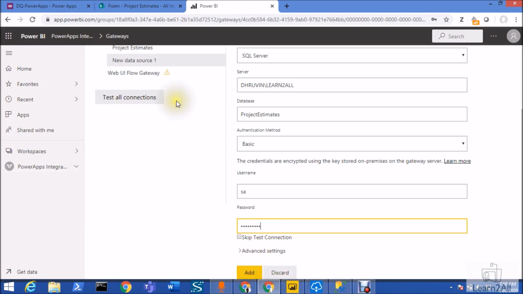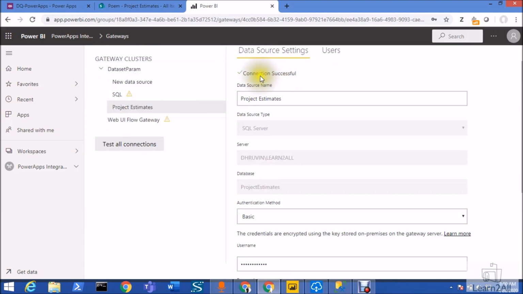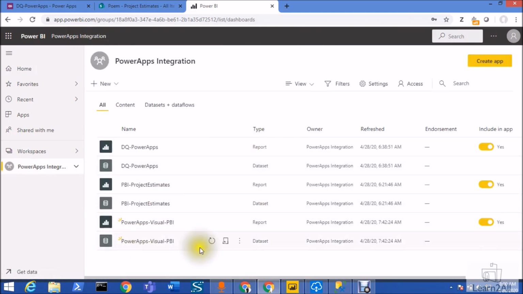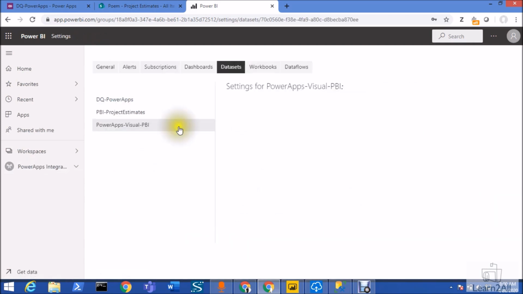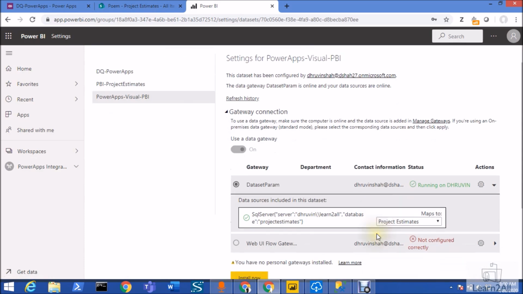Once you add that, this will be added over here. So you can see that the connection is successful over here. Now once you add this gateway, you need to go again to your settings page and make sure that you selected your gateway properly over here.